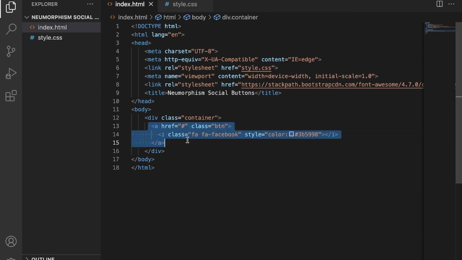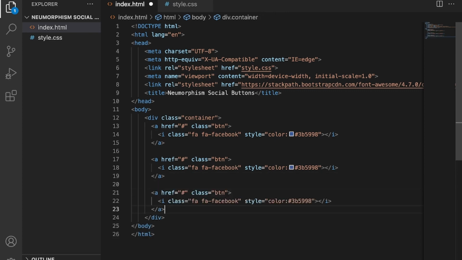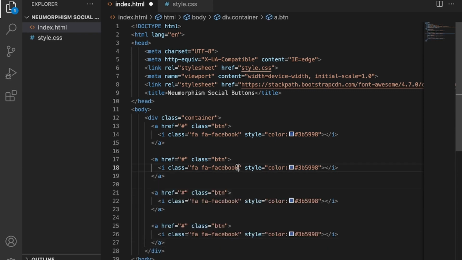So I just copy this and paste it below, and all I have to do is change the social media icons and colors.